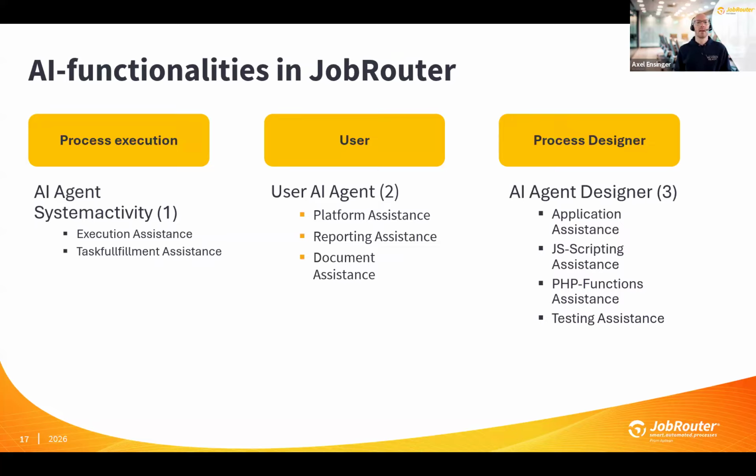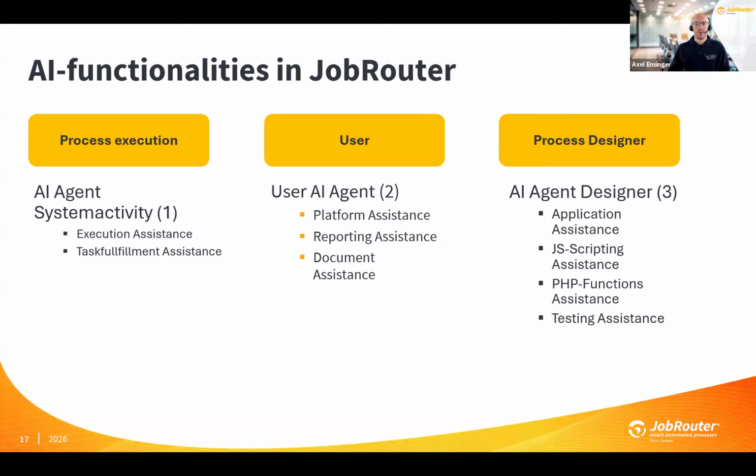And then the last part, process designer. This is something that probably will be available more next year in the JobRouter platform. And this will be an agent that helps you building new processes and applications.